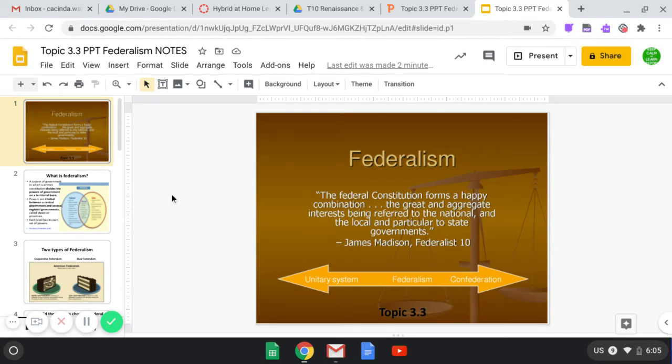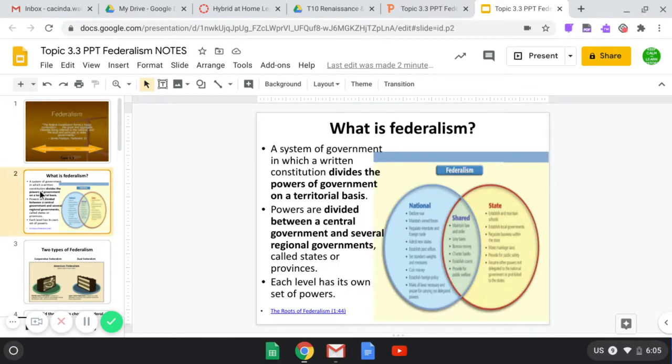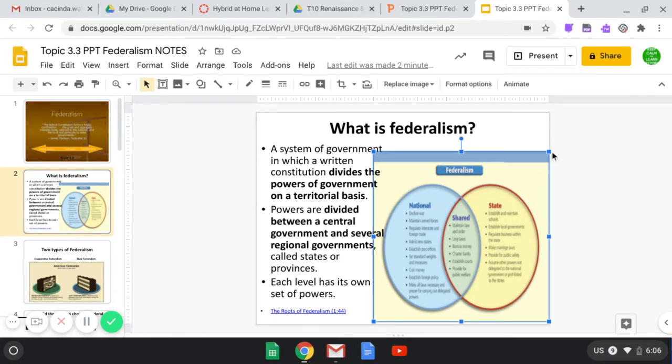This is topic 3.3. So what is federalism? Well, federalism is the concept that you can have two types of government or more working together simultaneously. Each set will have its own set of powers with a few select shared powers. So an example would be from this